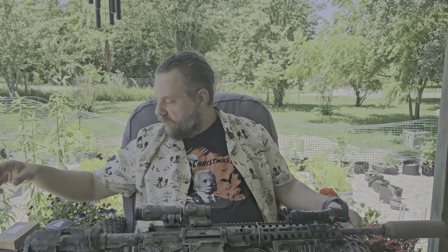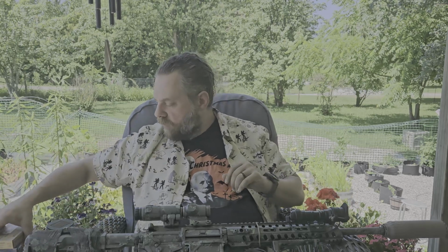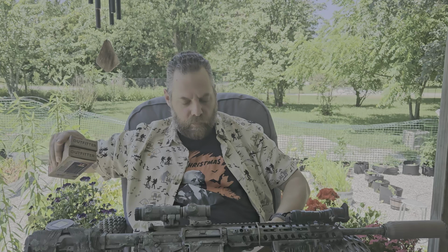Hey everybody. So let me start by saying next week I'm going to make a video doing a burn-in on this suppressor. It's supposed to have a 200 round burn-in. So I've been meaning to do that, and I'm going to do that with a couple different ammos. I'm gonna also pattern and take the opportunity to just check out a couple different ammos, because what I really want to do is I want to main